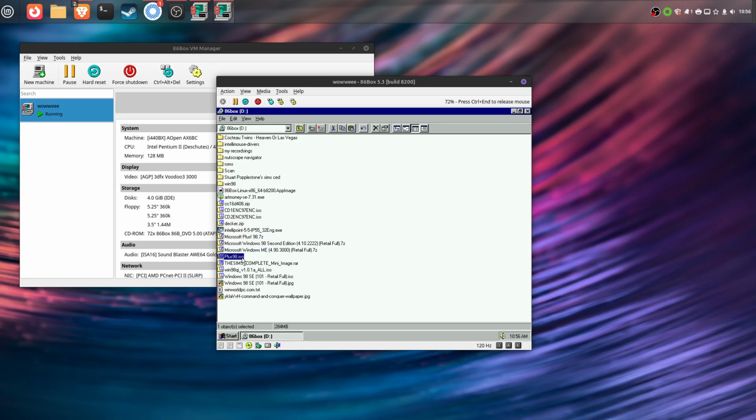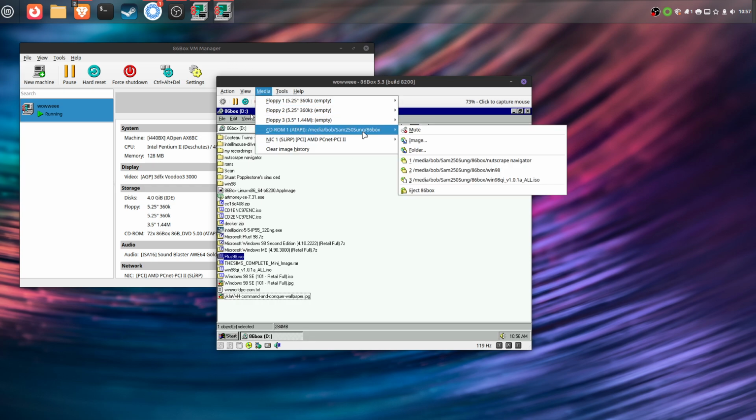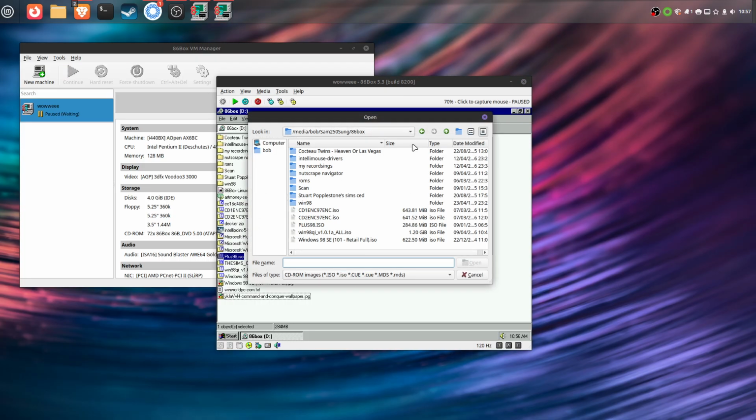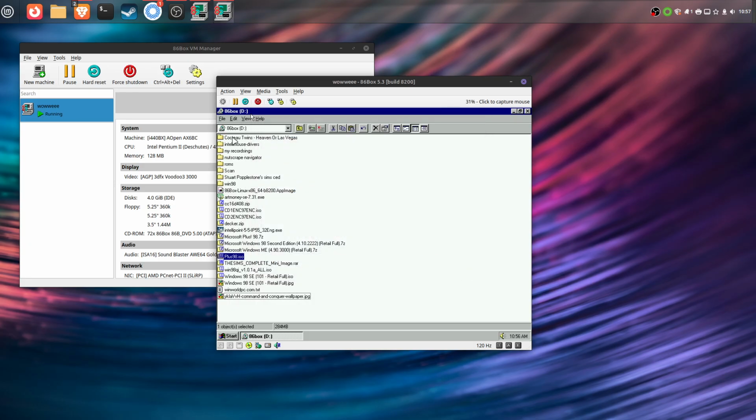I want to mount Plus 98. Let's have some themes. So come on, let's make Windows 98 a bit prettier. So we're going to say mount an image. And as you can see there, I've got my recordings. In fact, you know what? Before I do this, right,